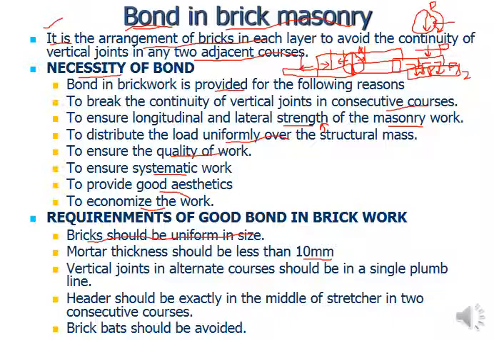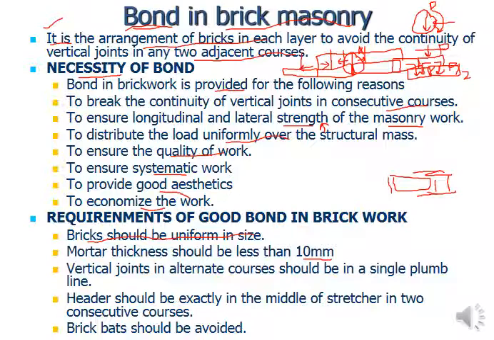Mortar thickness should be less than 10 millimeters. Otherwise it is not going to give you proper sizes, because I have told you that we decide the size of the brick by including the mortar thickness, half from one side and half from the other side. If we are talking about the height, then it is the above course layer mortar thickness and the bottom one, so the center of the mortar thickness from the top and the center of the mortar thickness from the bottom. That will be the height of the brick.